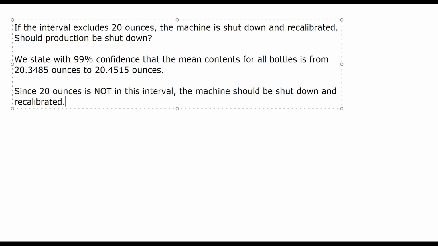All right, so it's a pretty straightforward problem. Just build a confidence interval and use it to answer